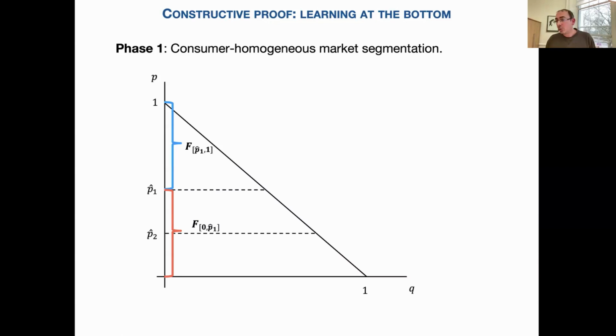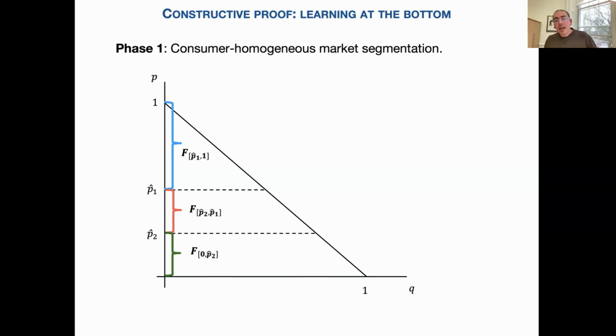So let's say P at 2. P at 2 is the optimal price when I give you this market. At the end of period 2, what do I learn? Well, I didn't learn anything more about these guys, but now I learn all the consumers that have a value between P at 2 and P at 1. These are the consumers that did not buy in period 1, but in period 2, they received a price P at 2, and they decided to buy. And then there are those consumers that in the first 2 periods didn't buy. They rejected P at 1 and they rejected P at 2.